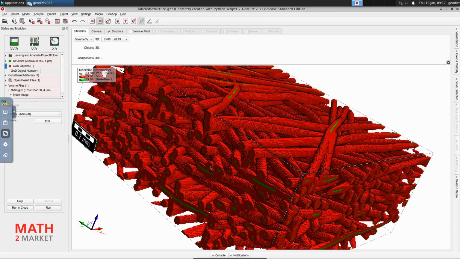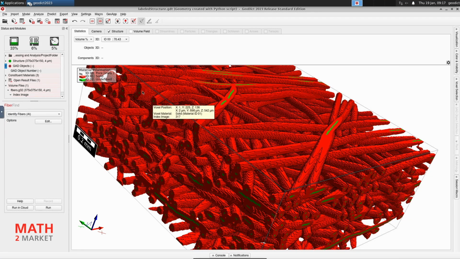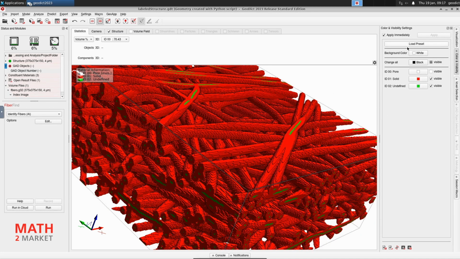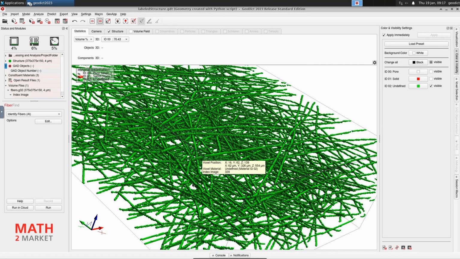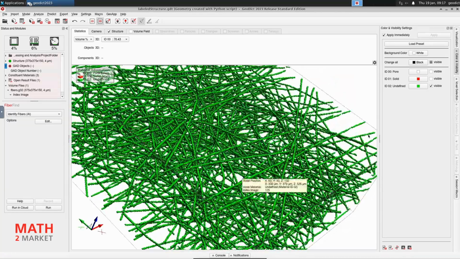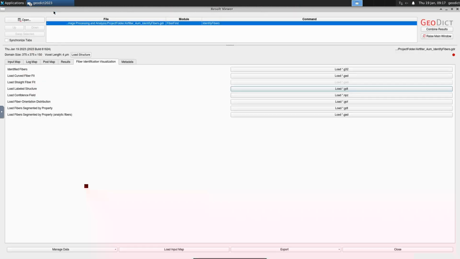So for example, if we only want to see the center lines, we can deactivate the visualization of material ID 1. Here at the side of the 3D rendering button, you can click on the color and visibility settings, and then you see the visibility options and colors for all materials. And then we can uncheck the visible option at the side of material ID 1. So then we only see the center lines of the fibers in here. Switch that back on and switch again to the results viewer.